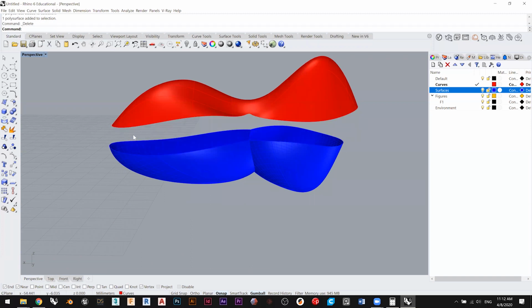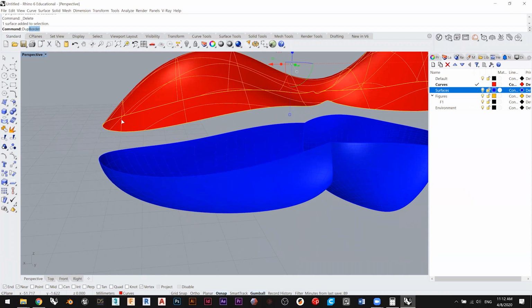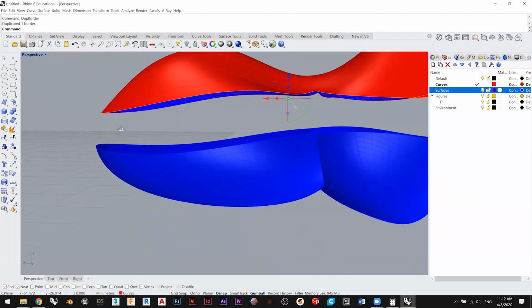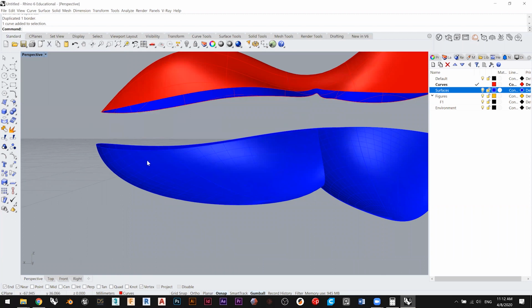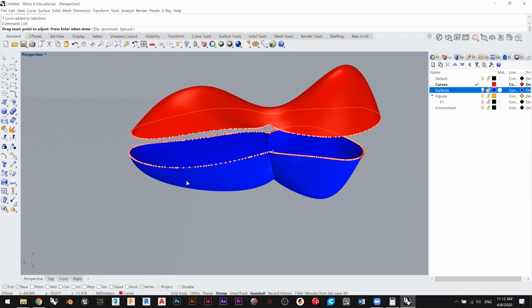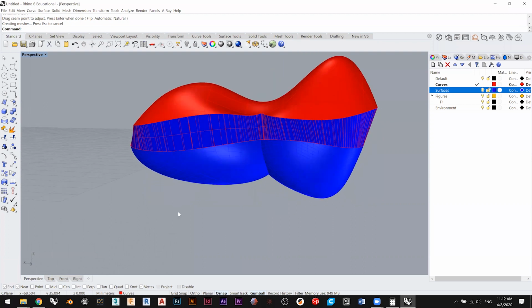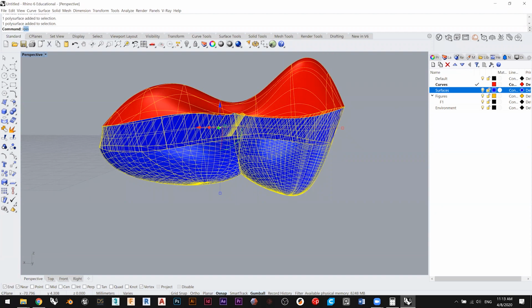And in between, this gap is going to be something that eats up the fact that this is a patch surface and it requires a new approach for the border. So I will just duplicate border for the patch. And I'll duplicate the border for the remainder of my geometry. And in this case, I will show you the simplest one, which is just loft, right? Loft, and we have a sharp seam, which might be an aesthetic